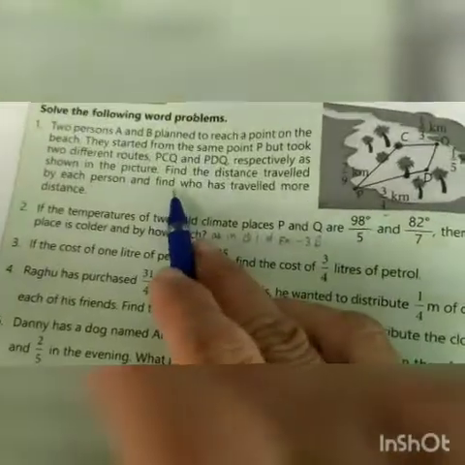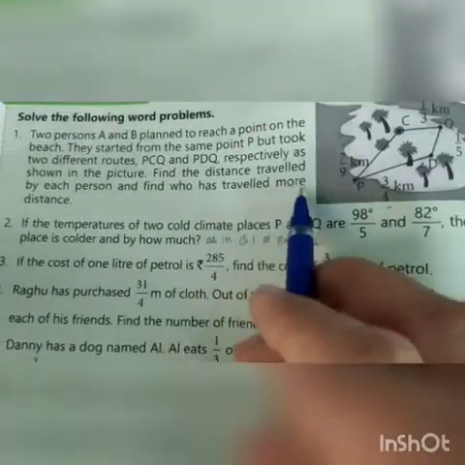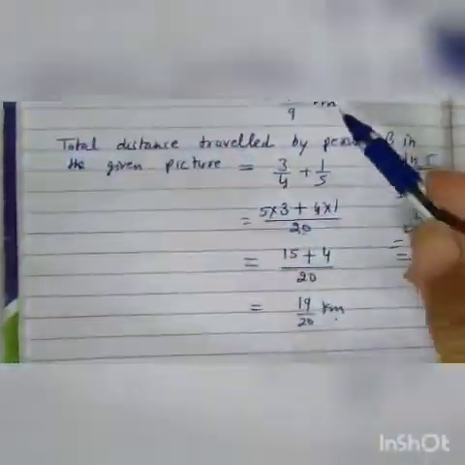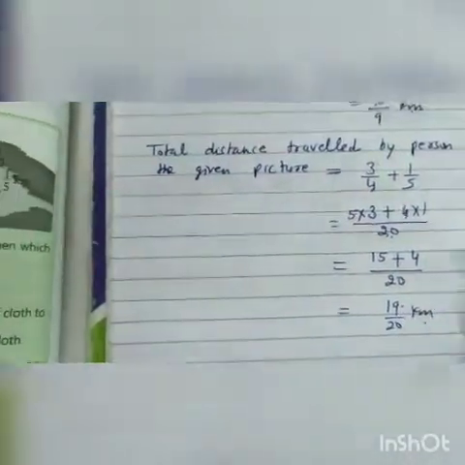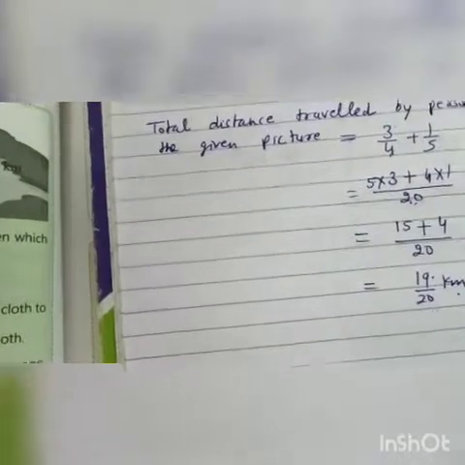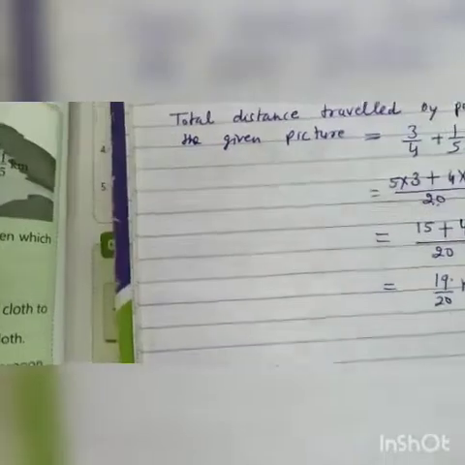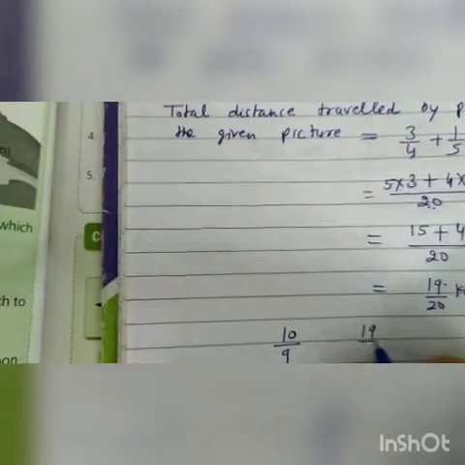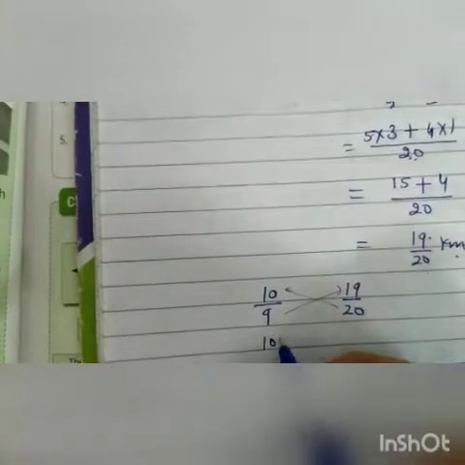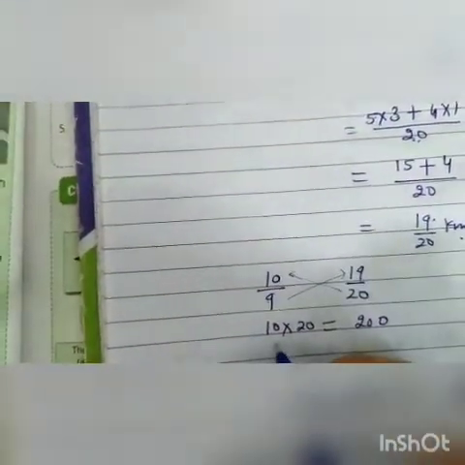Now its second part is to find who has travelled more distance. We have to find only who has travelled more distance. Now we will compare this 10 upon 9 and this 19 upon 20. How? As I taught you in question number 1 of exercise 3B. There are two rational numbers, 10 upon 9 and 19 upon 20. We will cross multiply, then 10 into 20 is 200, 9 into 19